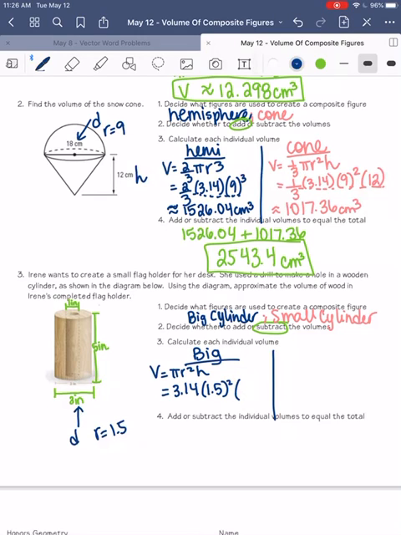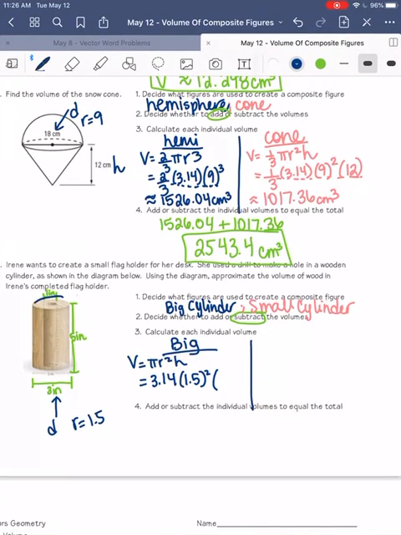And then the height of the whole big, and what I mean by the whole big is this guy, right? Like this cylinder. Okay, that's what I'm doing. And the height of that is 5 inches. Okay, so I'm going to type that in. 3.14 parentheses 1.5 squared, and then parentheses 5. And that is